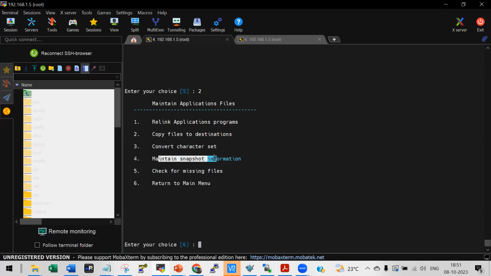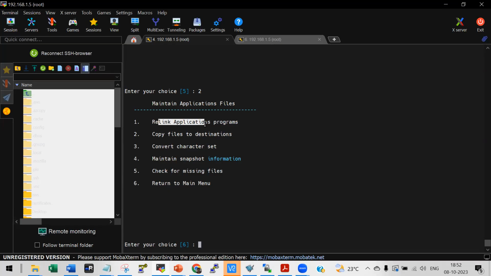Only while adding a language did I come to that, or Oracle says that, hey, you need to run this snapshot in all the servers. So you may have a couple of servers to run on. Check for missing files is for when you suspect some of the files are missing, then you run this. So relink application programs, sometimes for some issues, you may have to run it if Oracle says, hey, relink